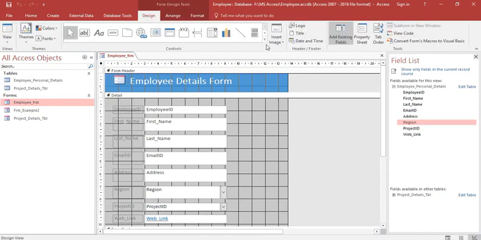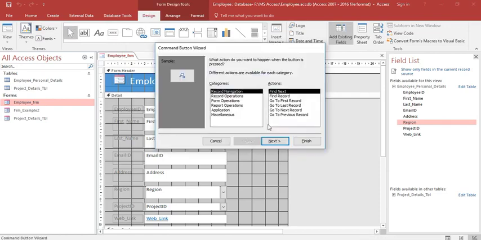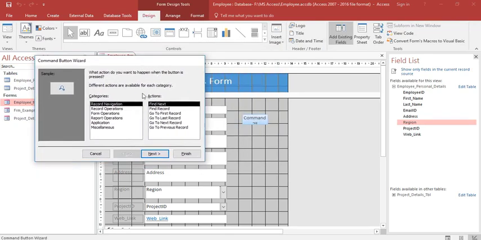In design tab, I will click on this section, and here you can see this command button. Select this and draw your command button. Once you draw your command button, automatically you see this command button wizard option, and under command button wizard we have multiple categories. That means multiple actions we can assign to this command button. We can assign actions, like on the click event of this button